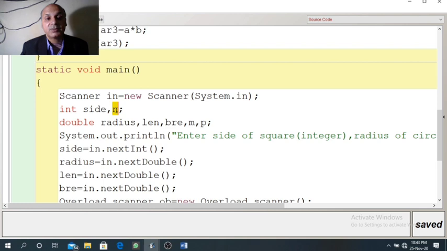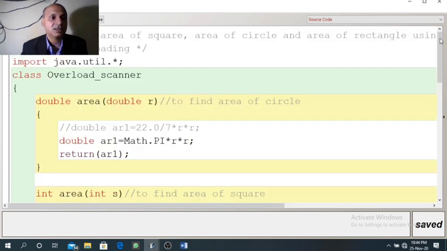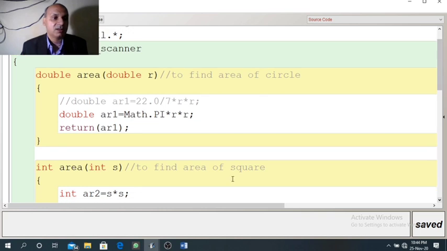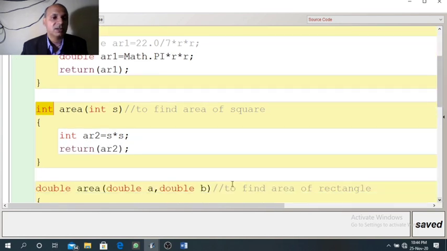Now the data type of the returned value should match with the data type of the variable. This is the reason n is declared int type. It will receive the area of square because it will send integer value. Here you can see int type we have for area of square.